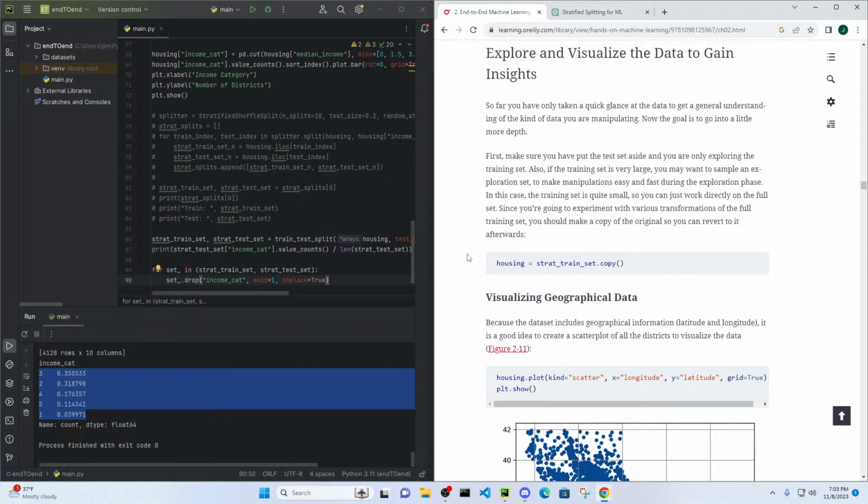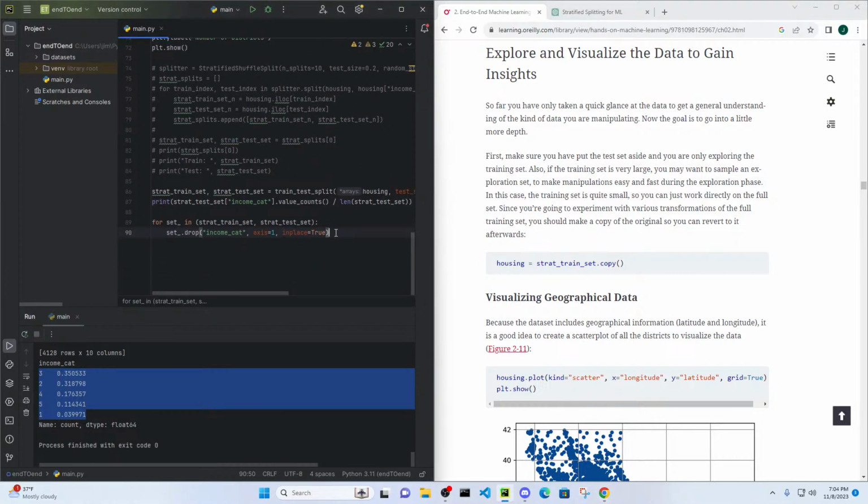Also, if the training set is very large, you may want to sample an exploration set to make manipulations easy and fast during the exploration phase. In this case, the training set is quite small, so you can just work directly on the full set. Since you're going to experiment with various transformations of the full training set, you should make a copy of the original so you can revert back to it afterwards. So I'll go ahead and